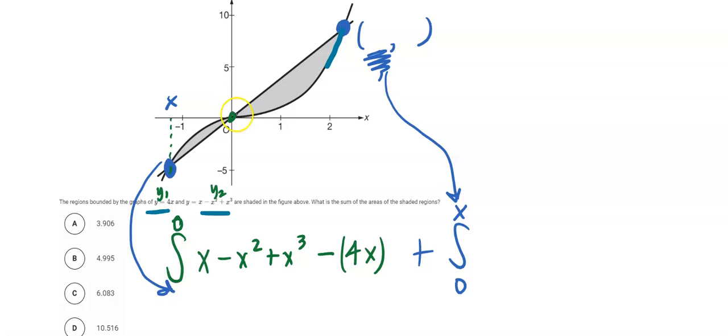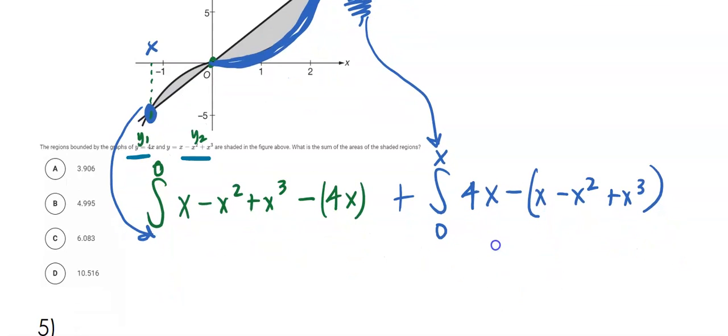But this time, when we're working with the shaded region on the right side of the y-axis, the cubic curve is on the bottom. So you're going to actually start with the line on top, and you're subtracting the cubic curve, which is x minus x squared plus x cubed. I would remind you, if you're doing this on paper, to put the parentheses around that second function